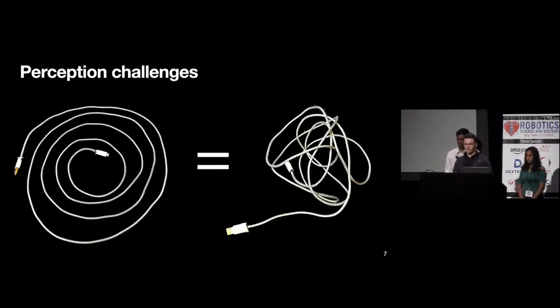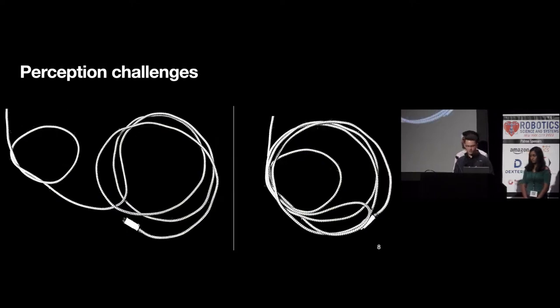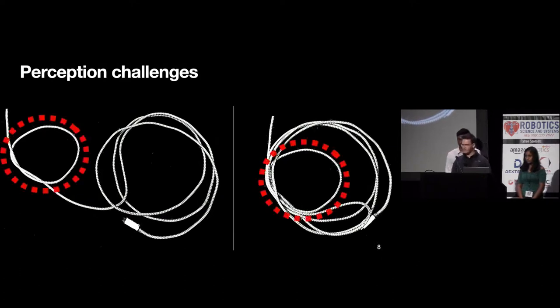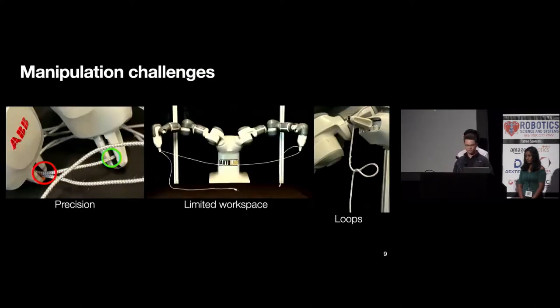Using these types of cables has a lot of unique perception challenges, where these two cables are the exact same topological configuration, but visually, the right side is almost imperceptible and the left is trivial to see. In addition, even minor changes in the cable state can drastically change the visibility. For example, this knot on the left is completely obscured by the pile of slack on the right if it's moved by a small amount.